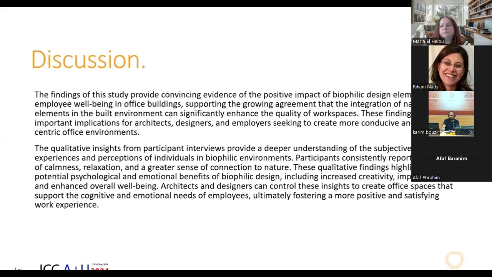The discussion part includes the findings of this study and provides convincing evidence of the positive impact of biophilic design elements on employee well-being in office buildings. It also supports the growing agreement that the integration of natural elements in the built environment can significantly enhance the quality of workspaces, and these findings have important implications for architects, designers, and employees seeking to create more conducive and